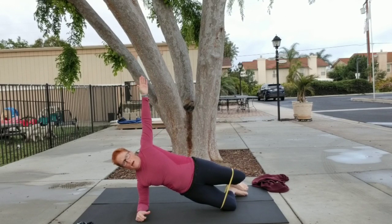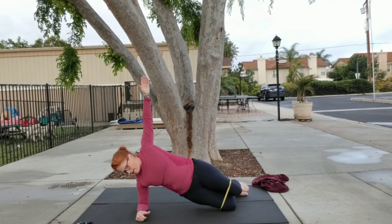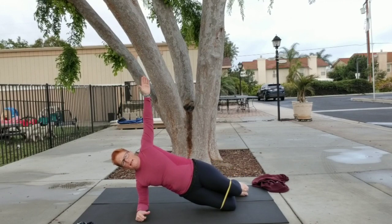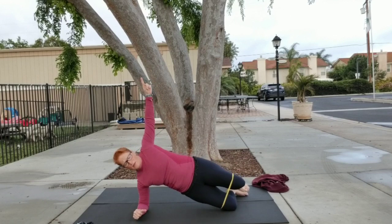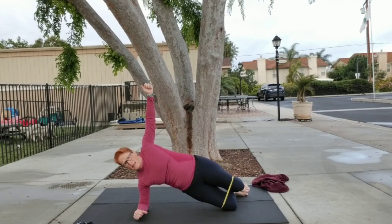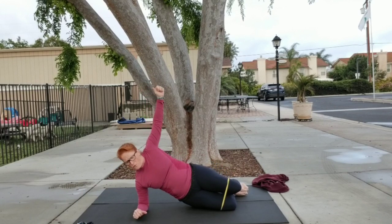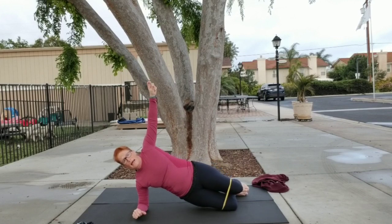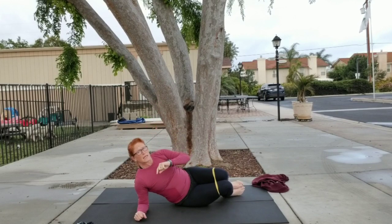Take your top arm up, hold, 10, 9, 8, breathing, lift that hip, lift. You've got 4, 3, 2, last one. Hold the knee up, drop the hip down. You've got 8, 7, 6, 5, 4, 3, 2, last one. Drop the hip in, bring the knees into the chest,